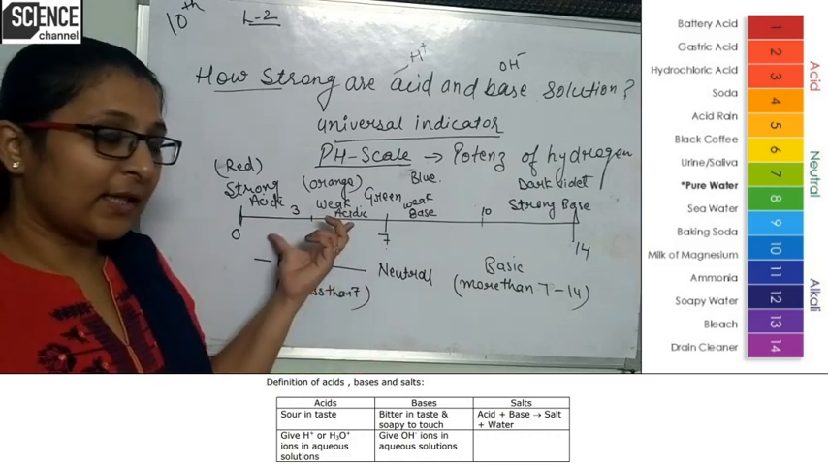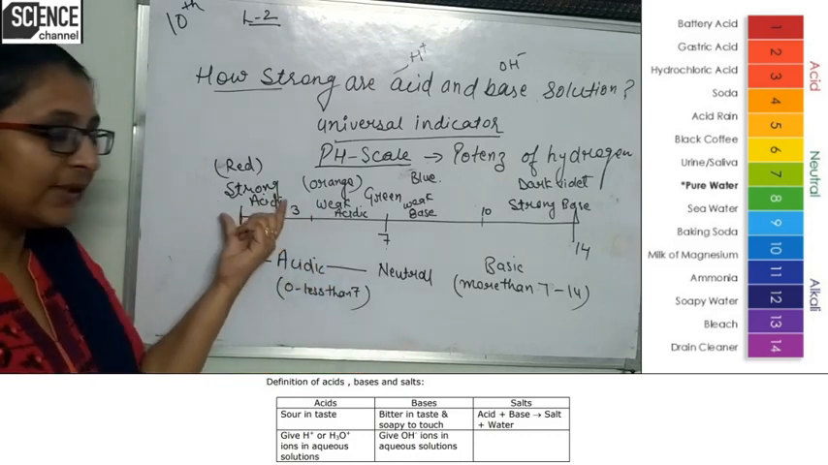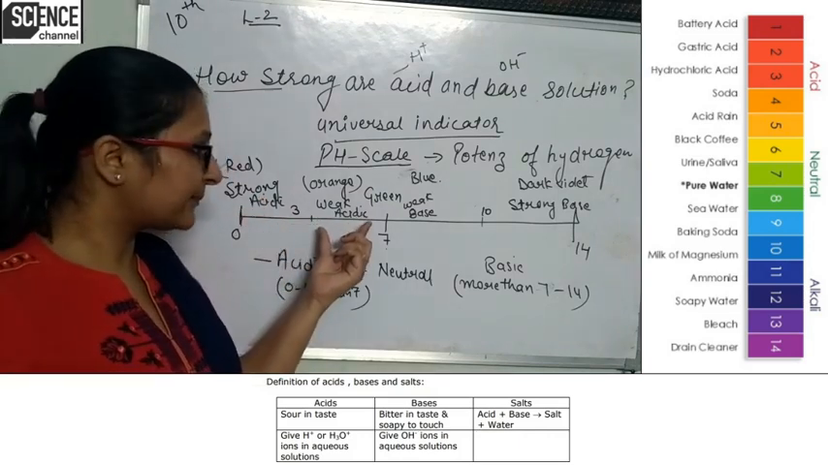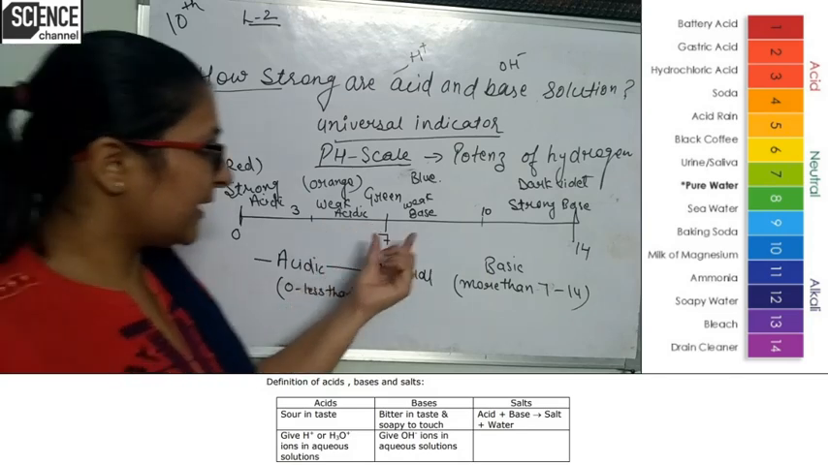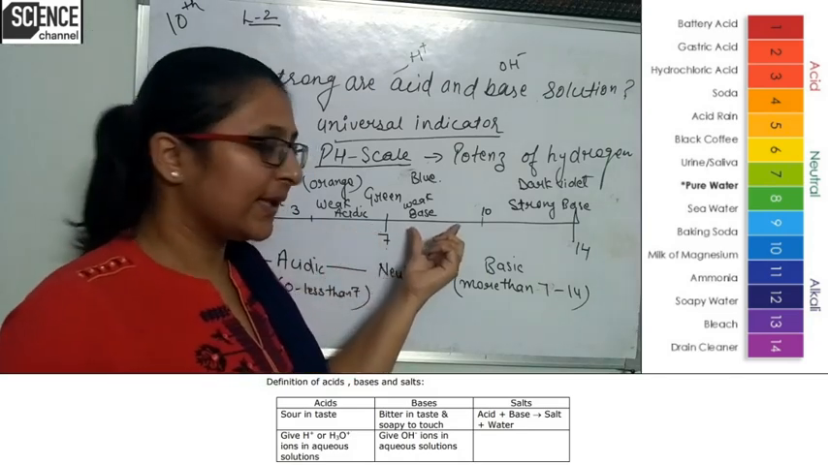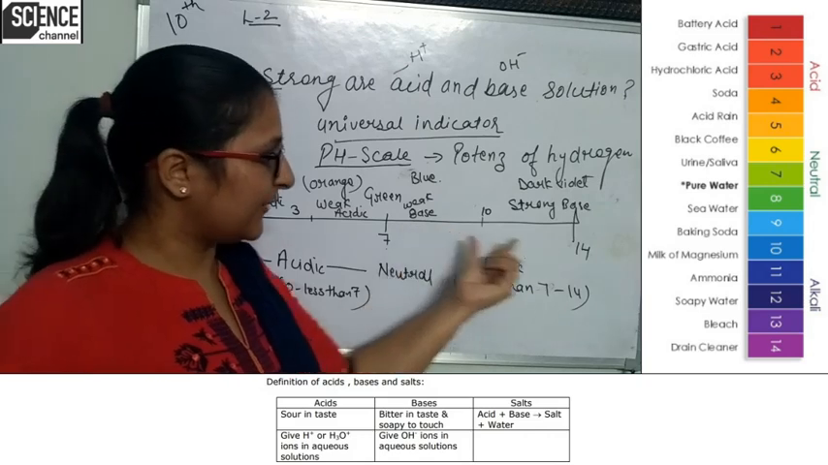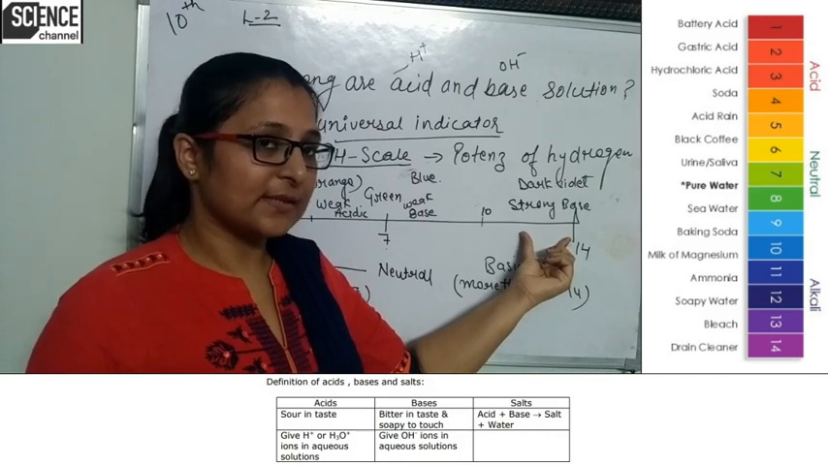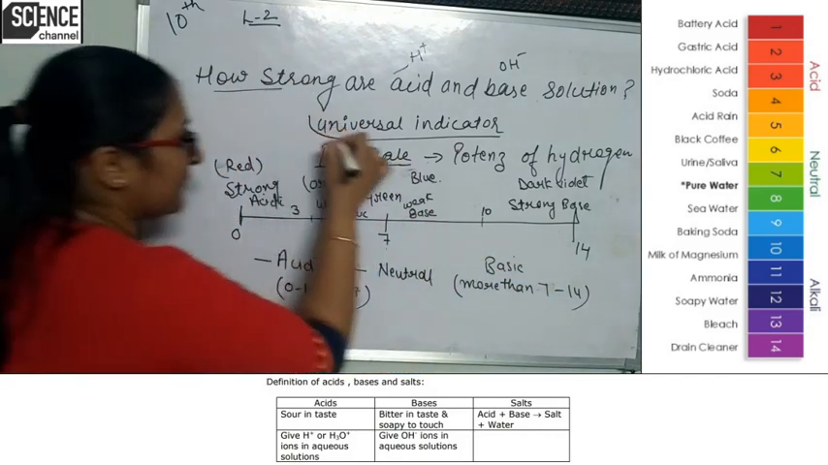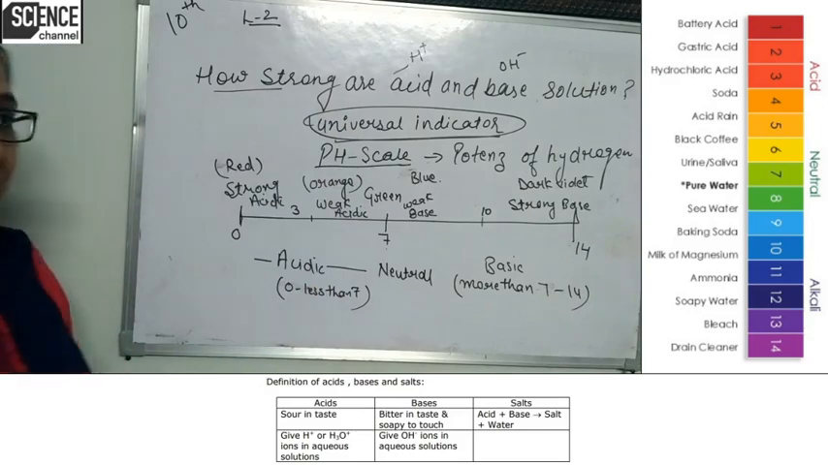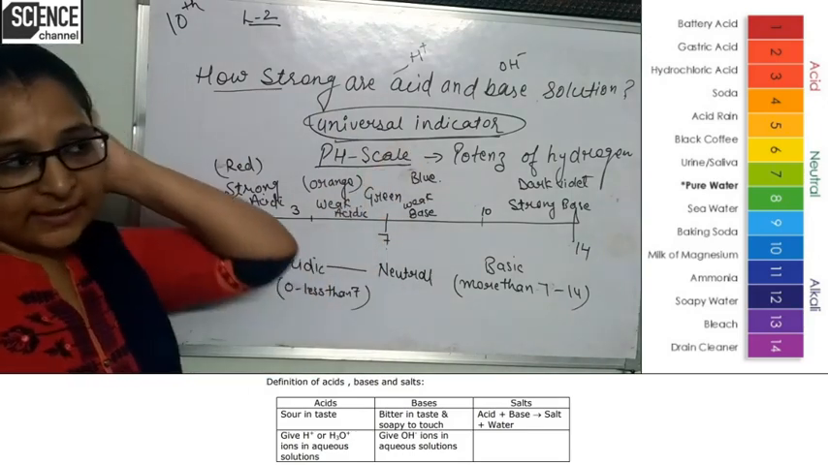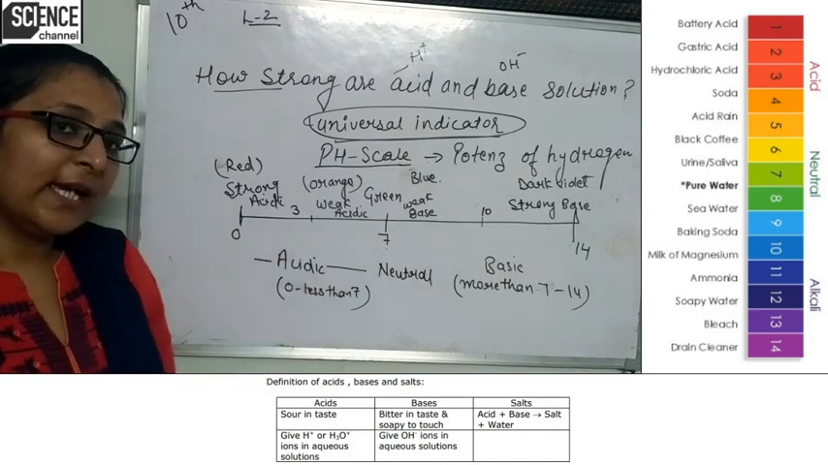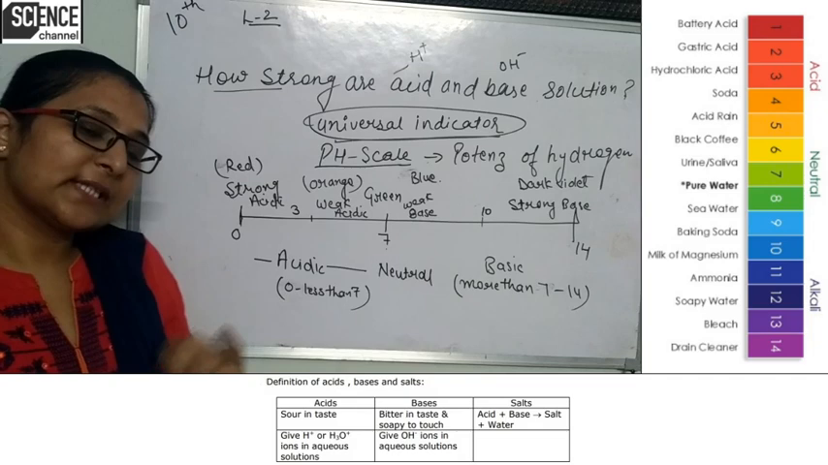If they give red color, then it means a strong acid. If they give orange color, then we can say that it is a weak acid. If they give the bluish color, it means that it is a weak base. If they give the dark violet color, it means that it is a strong base. Now, what is the definition of a universal indicator? A universal indicator is the indicator that tells about the nature of a solution, whether it is acidic or basic, by changing